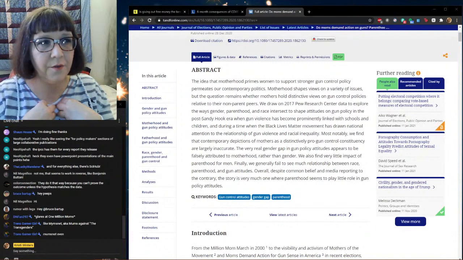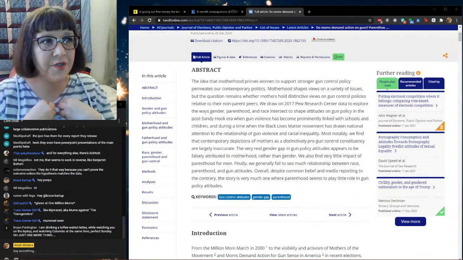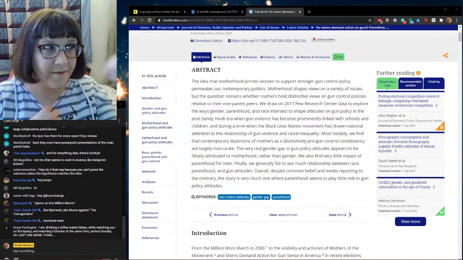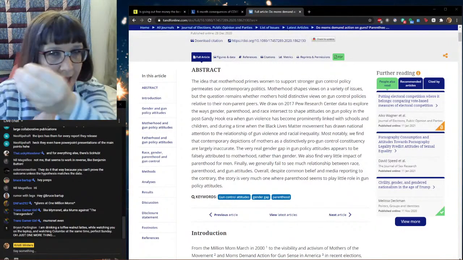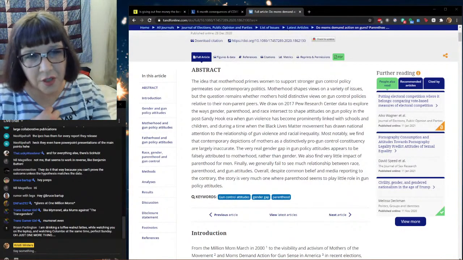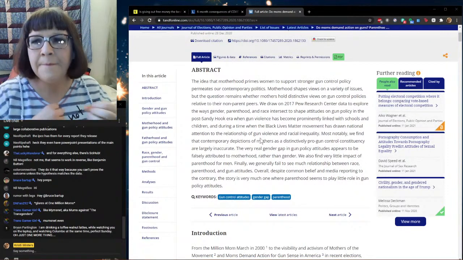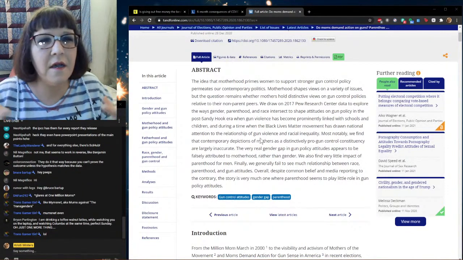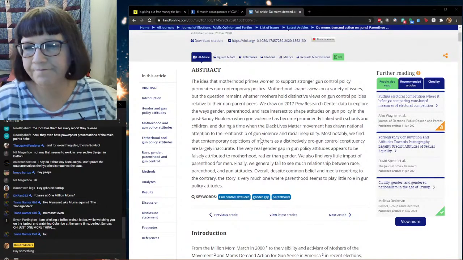It's meant to frame these issues in terms of the suffering of mothers and the loss of mothers and the consequences of actions on families. In the first word, Mumsnet, mothers against drunk driving, mothers against gun violence, it doesn't necessarily reflect that moms are that different of a population.